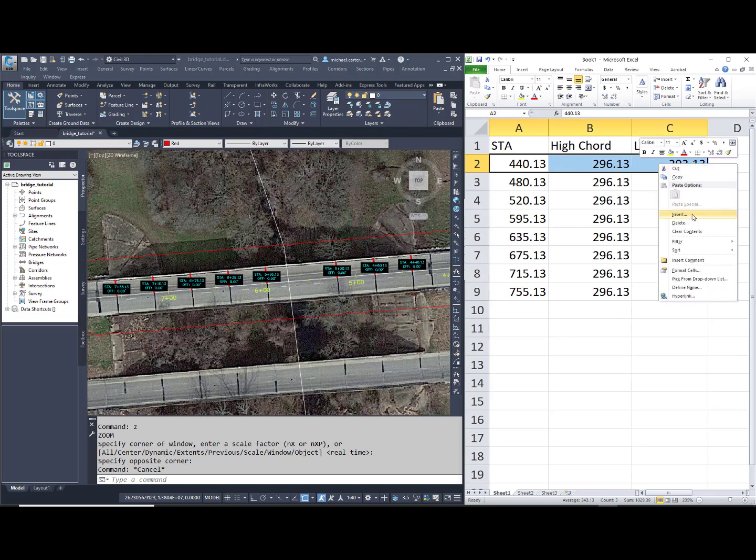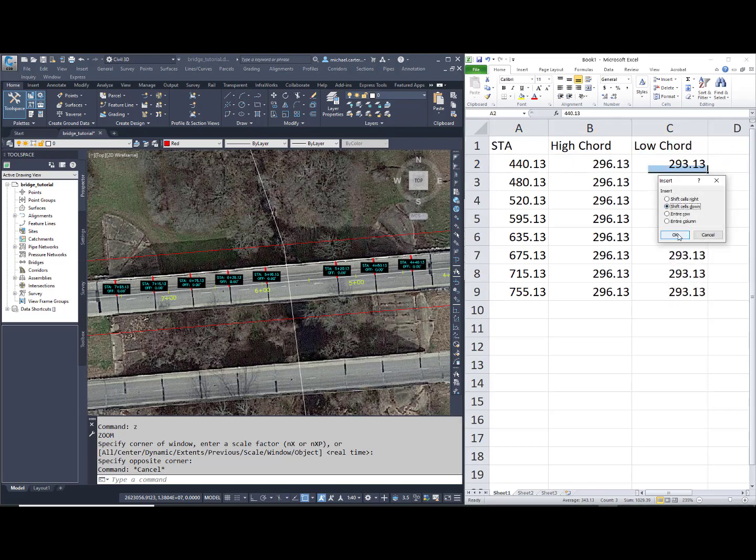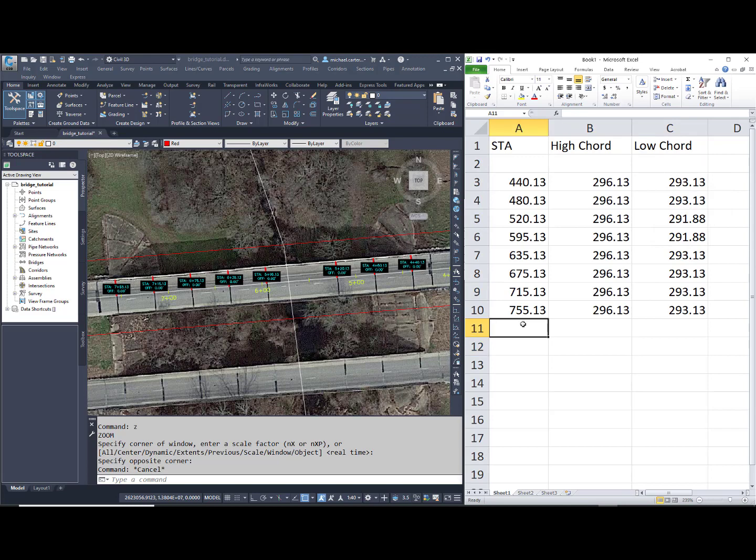I'm going to insert a row right before and one right after. So let's do this one at 440.12, and we'll do the last one at 755.14. What I'm trying to do here is I know that I have a high chord, and then the low chord is going to be 0. It's going to go as far down as it can go, and we'll do the same thing on this high